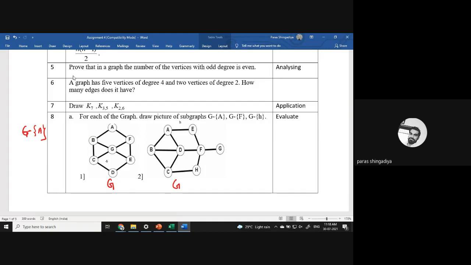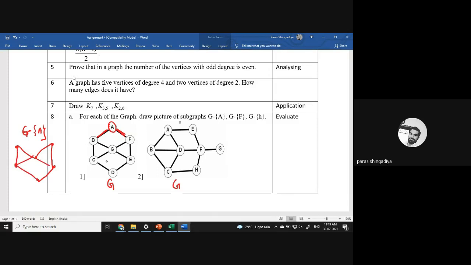As we know, the edges which are incident with this vertex A will also be removed, also deleted. So when we remove the vertex A from this graph, A यहाँ से आपको remove करना है. Two edges are incident with this vertex, दो edge उसके साथ incident हैं. So those edges will also be removed. And the rest of the part you just draw here, and that will be your answer. The remaining graph includes 6 vertices. Clear? So that is the remaining graph.